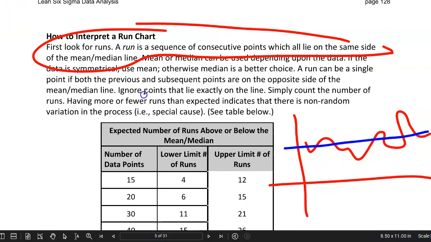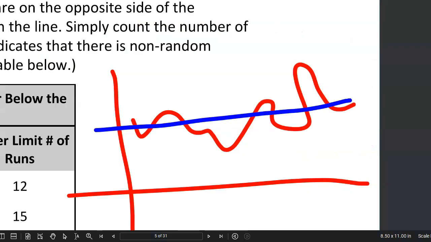I've drawn a crude run chart right now where the blue line represents the mean. And when we're looking for runs, it's a sequence of consecutive points that all lie either below or above. Let's zoom in just a little bit and explain what runs are. So in this crude run chart example that I just drew, we're looking for changes that occur above and below the mean. So we've got 1, 2, 3,